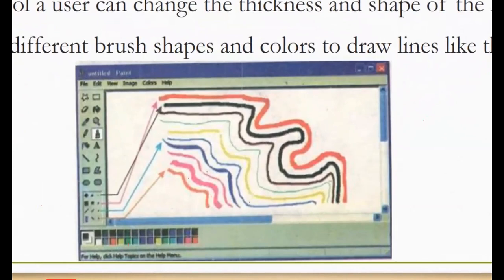See this, this is your brush tool. Here you can select a color and this is your different thickness area. See this, you can draw a very large width line, and you can also draw a very narrow line. It is your own choice to draw a large width line or a small width line, and it must not be narrow or sharp. Got it, class?